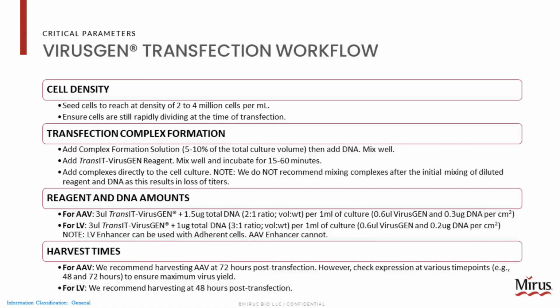So here we dive deeper into some of those transfection workflow steps. Early on, we're going to be considering all of these, but once we get into more of our bioproduction steps, we've fairly well optimized the cell density, the reagent DNA ratios, and harvest time, and these will be somewhat locked into our process. So going to that complex formation step, this is where we're going to be looking at some of those critical parameters that are both the biggest challenges in scaling as well as some of the greatest things VirusGEN is able to overcome in this step.